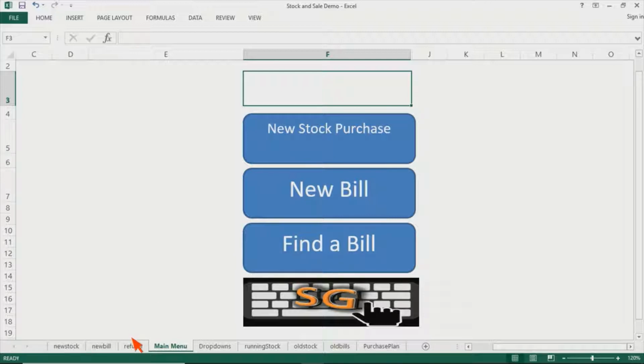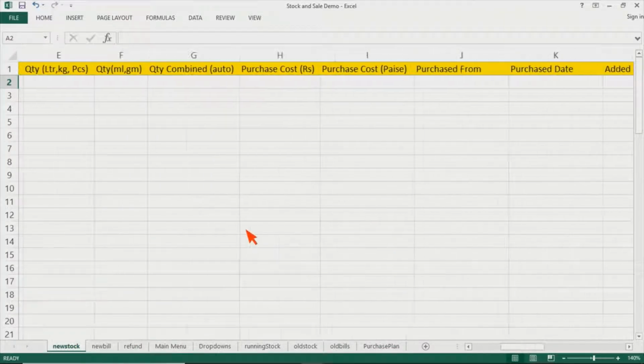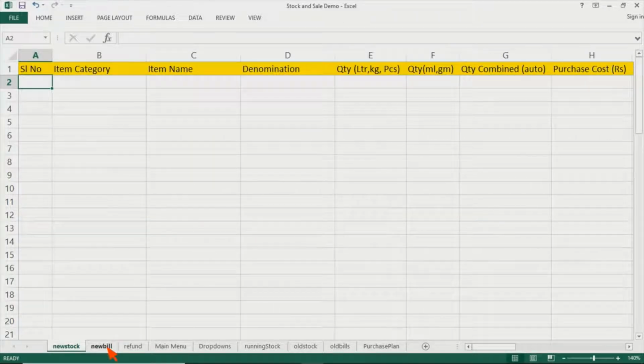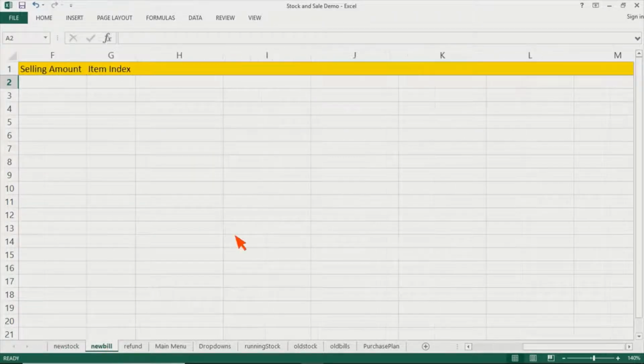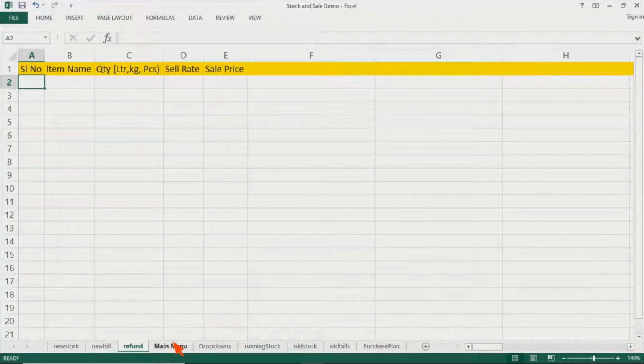The three worksheets to the left of this are temporary worksheets, used for various purposes to store items on a temporary basis for a short while. The functioning of these sheets will be explained further.